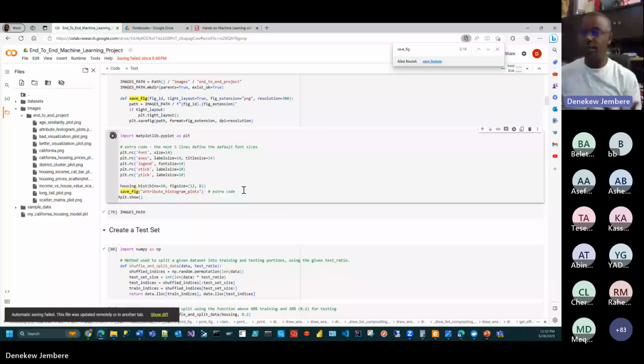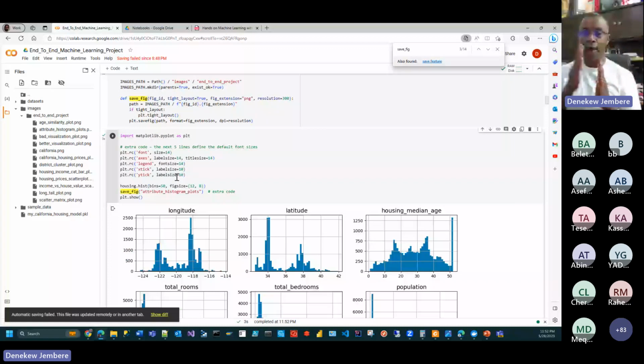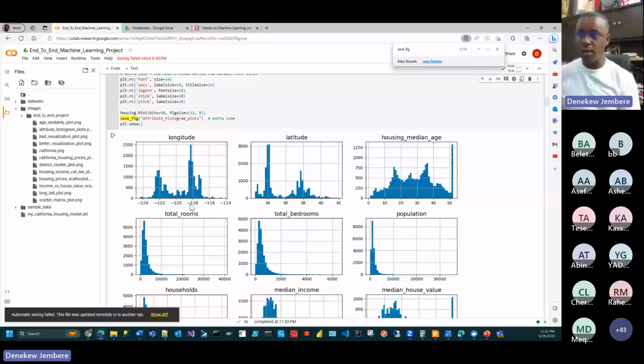So it's basically just creating histograms for every column. For every column, we are creating a histogram. This gives you an opportunity to inspect your data distribution. As you can see, the longitude is distributed just like this, and the latitude looks like this, the housing median